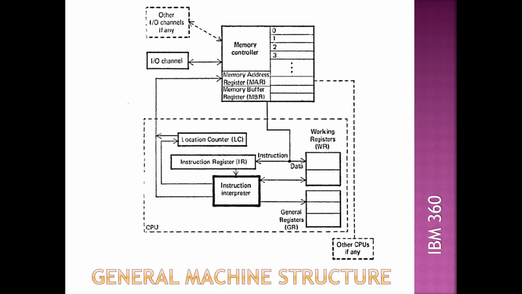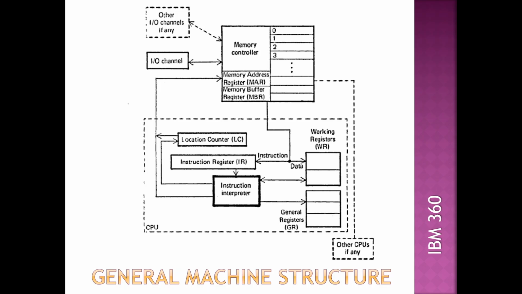Next thing is called the instruction interpreter. What it does is it just decodes the instruction. It is going to see whether it is an add instruction, a multiply instruction, or a subtract instruction. Whatever instruction it is, it is going to decode it. You only have add and subtract instructions here, there is no multiply instruction. I'm just saying, for example, it tries to decode and understand, right?